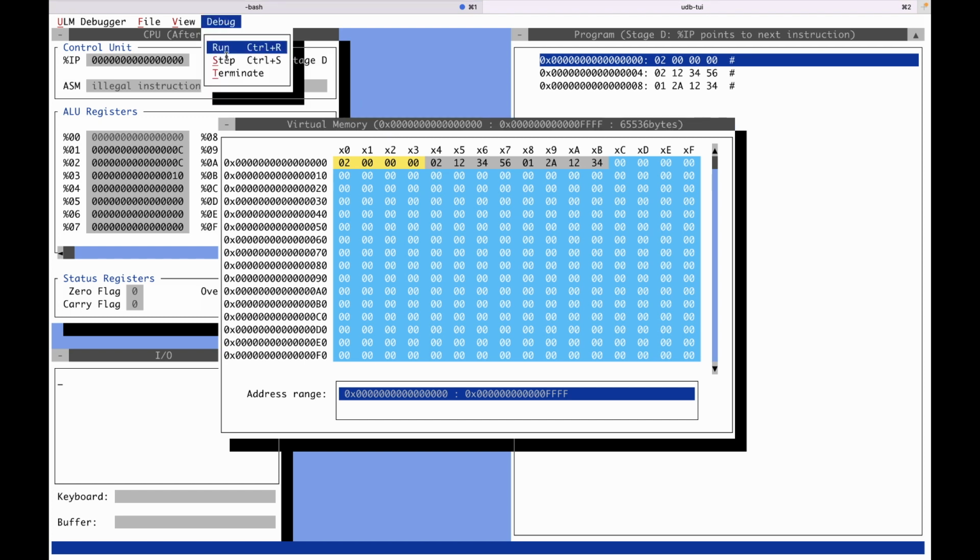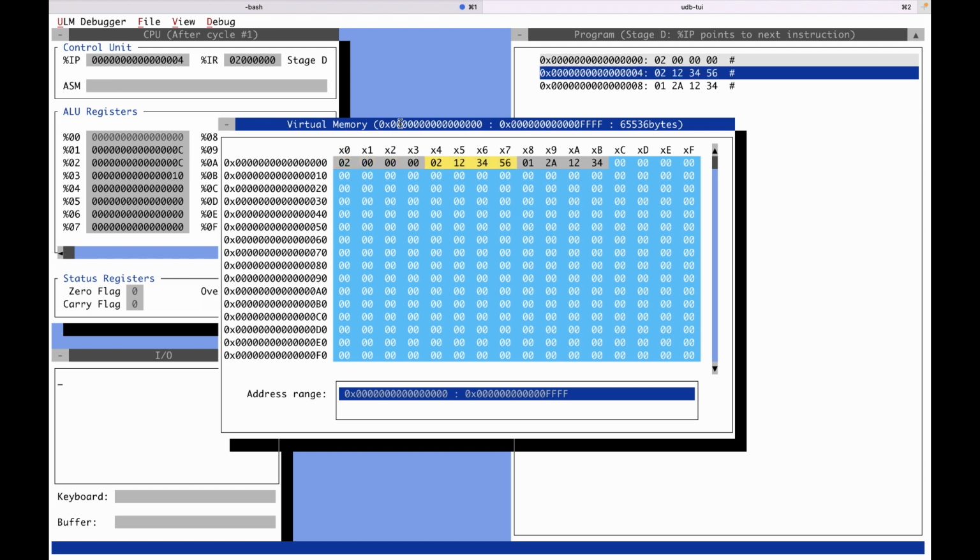And now I will use this step to just execute 1 instruction, and then it should pause so that I can see step by step what the program is doing when I'm executing it. Now, 1 instruction was executed. It didn't have any effect except that now the instruction pointer was incremented by 4, pointing now to the next